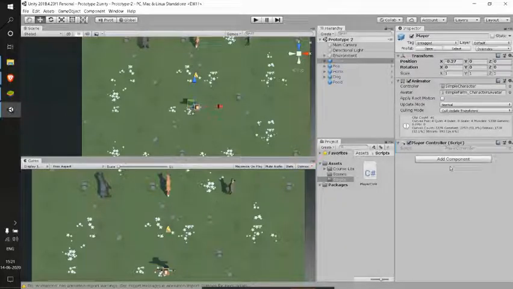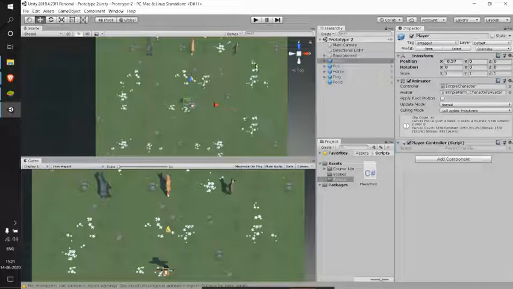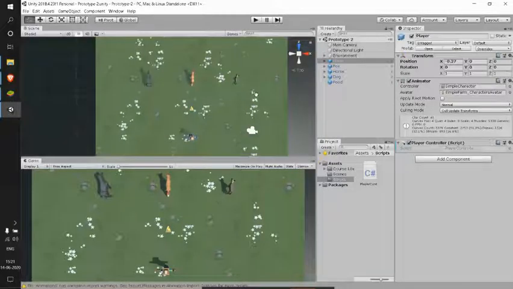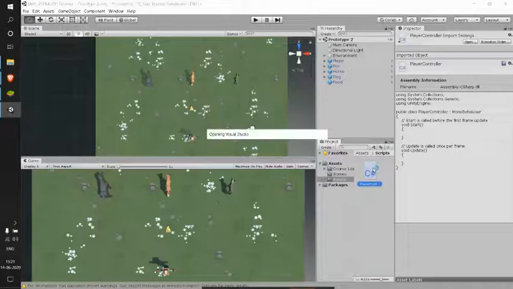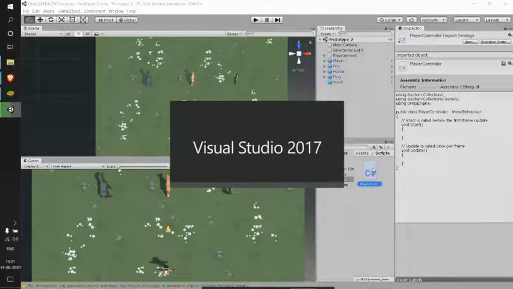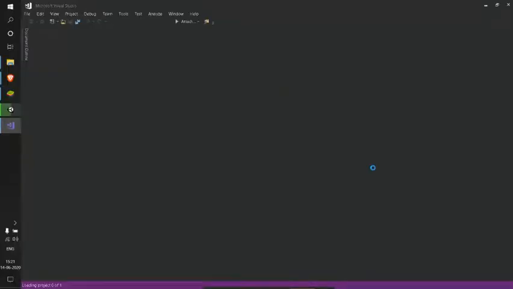And as that is attached to my player, this becomes an additional behavior for my player. So let me just open my player controller script by double clicking this. On double clicking that, my Visual Studio opens, which is my external script editor associated with Unity.